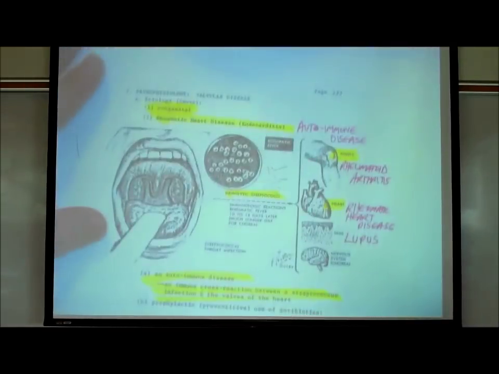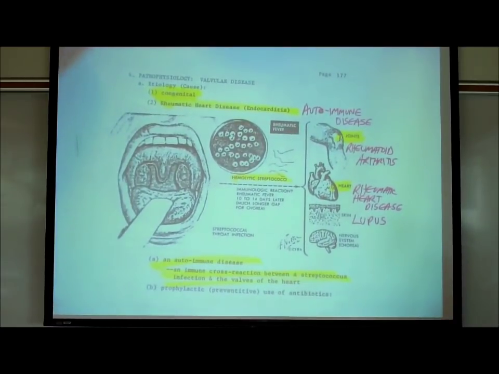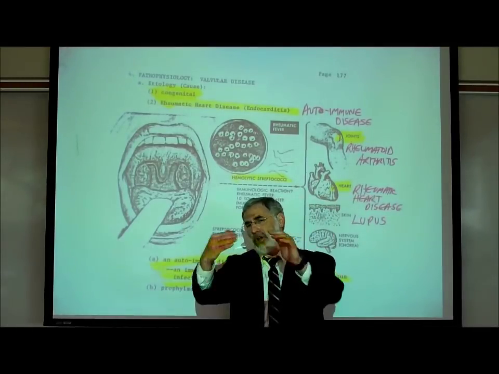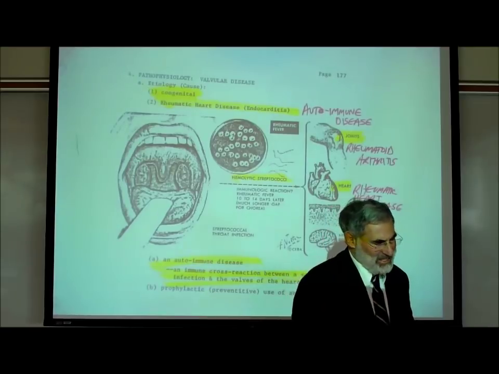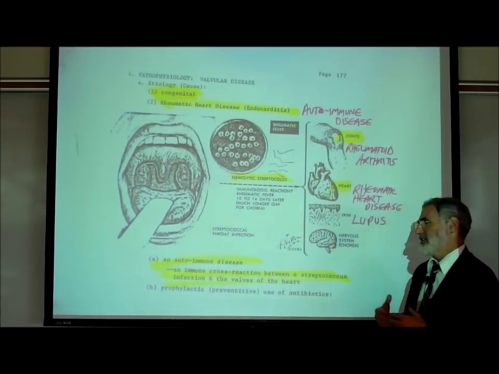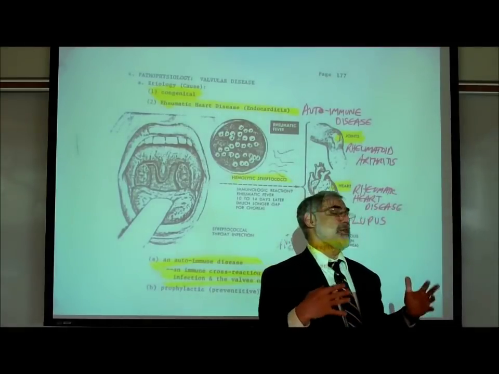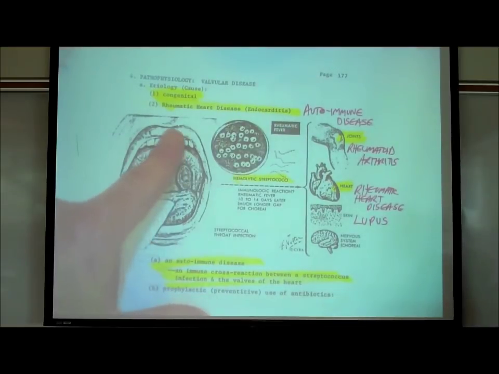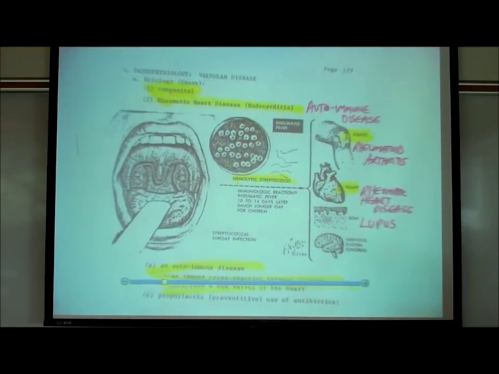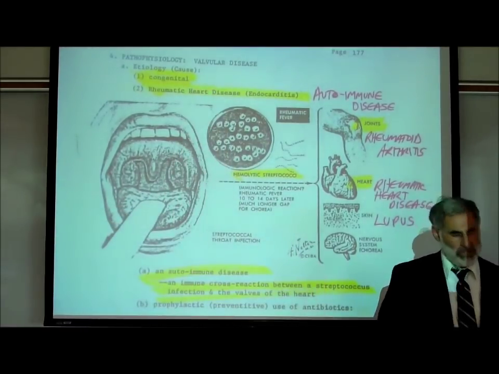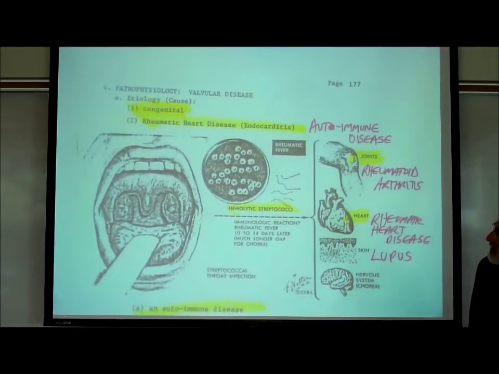Okay, on page 177, the valves are very important because the valves ensure that the blood flows in the right order, the right sequence. And if the valves don't work right, if there is a problem with the valves, blood will regurgitate. It will flow backwards. Now, what is the etiology, the cause of valve problems? It can be congenital, where somebody was born with a defective valve,